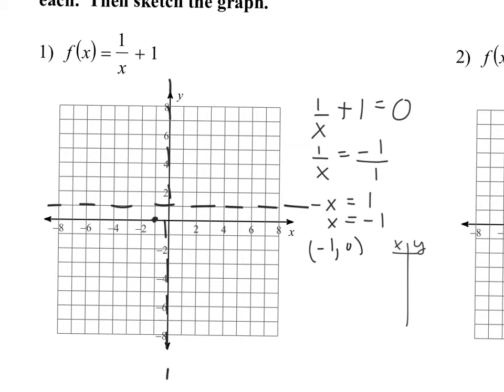So your domain for this problem, let's label it D for domain, would be, I've done this for a little while, huh? Negative infinity to 0, and then start it back up again, 0 to infinity. That's a 0 right there. And then our range, which is the other question on here, the range,